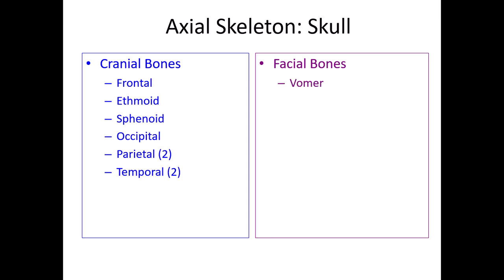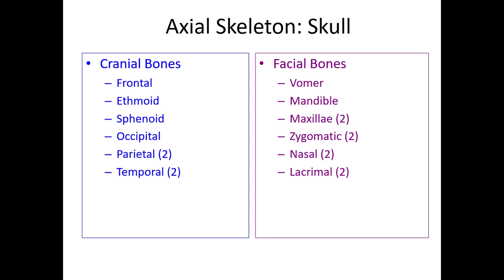Your facial bones consist of a single vomer, and the vomer is going to create part of the nasal septum, dividing your nasal cavity into right and left halves. The mandible, which is the single bone that holds your lower teeth. 2 maxillae, which hold your upper teeth. 2 zygomatic bones, your cheekbones. 2 nasal bones forming the bridge of your nose. 2 lacrimal bones in the medial